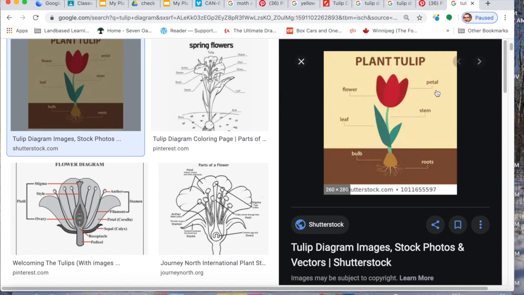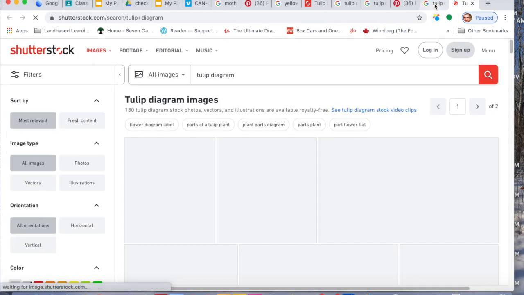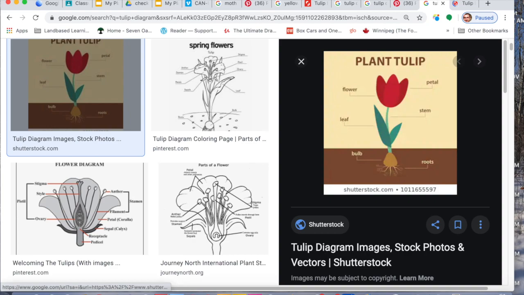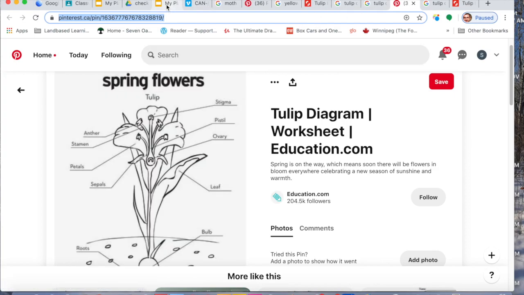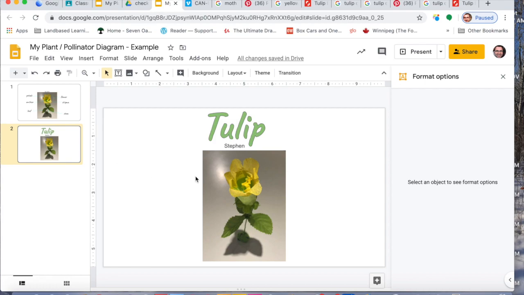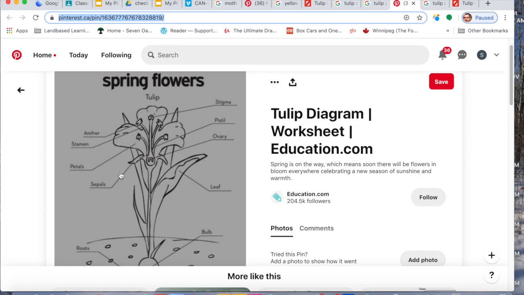So you can notice that there are lines and words, and the words are not uppercase, they're lowercase, just like on the other spring flower that I have as well. Well, this one actually has uppercase letters. I would say it doesn't matter which one you use, as long as the information is there. And I know from this picture right here that I'm going to start from the top and work my way down. So inside of the flower are the parts that work to carry the pollen and to pollinate and to make this